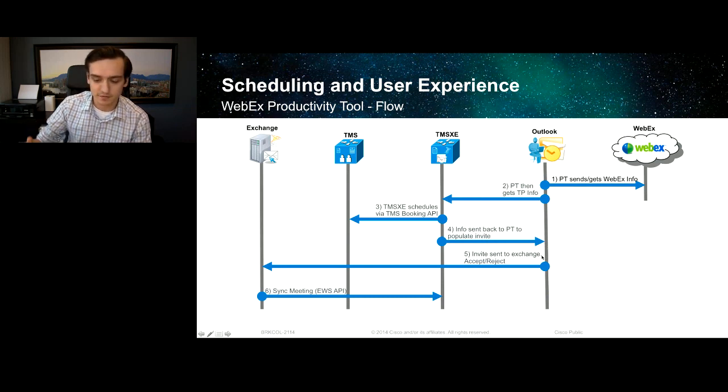The moment you hit save, obviously it'll have filled the meeting invite with all the WebEx information and all the information we got from the TMS booking service in terms of telepresence. The meeting is then saved and sent to Exchange. TMS XE is going to actually pick this up at one point since it is monitoring room resources in Exchange, but it knows that this meeting's already been booked in TMS